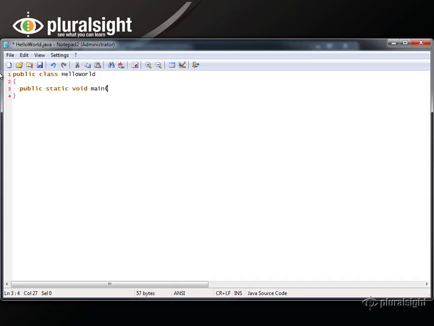Don't worry if the syntax is not familiar to you. We're going to take an array of arguments. These are arguments that would get passed in from the command line. And then from inside here, we're going to do System.out.println("Hello World");